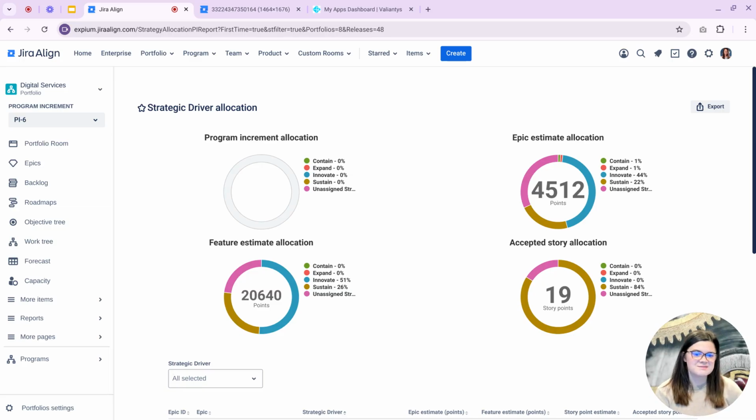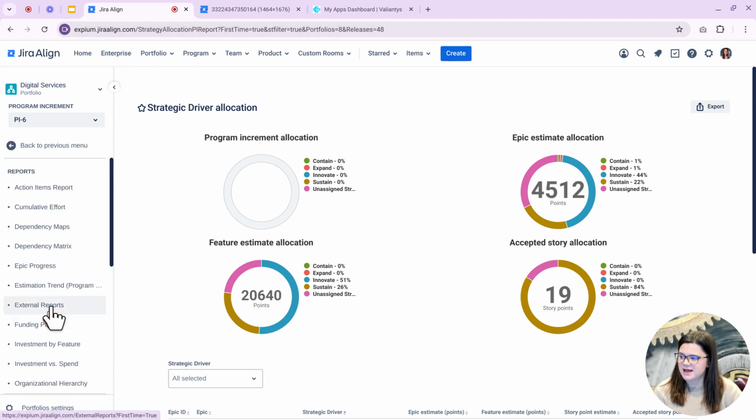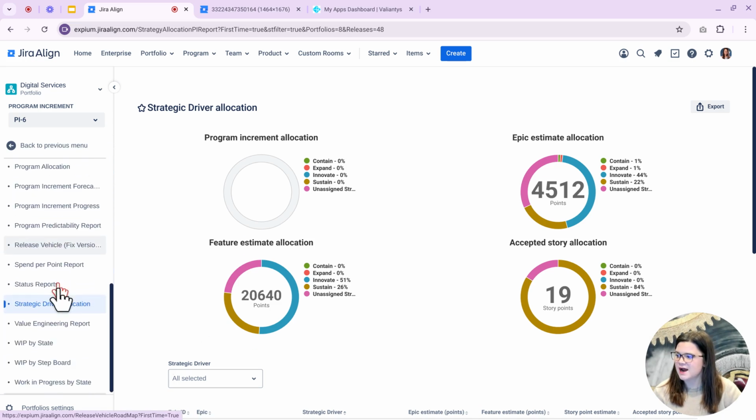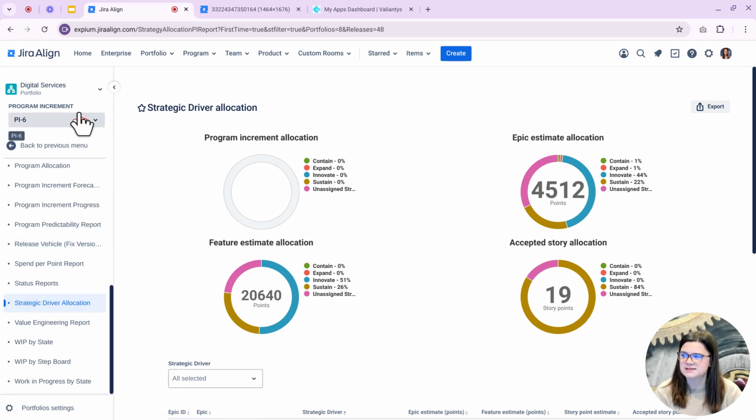Our first update is the modernization of the Strategic Driver Allocation report. If you want to find this report in your instance, this is in the portfolio tier in the reports section, and then you'll find it alphabetically down towards the bottom here. And this report is specific to a single PI, so be sure to make a PI selection up here in